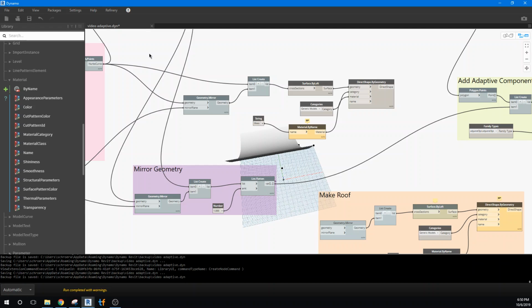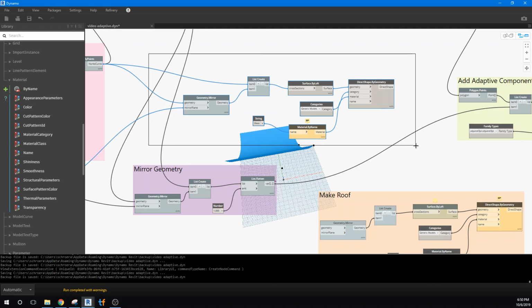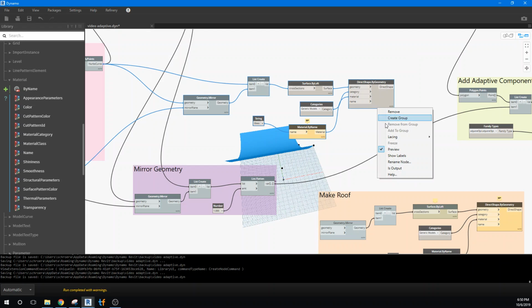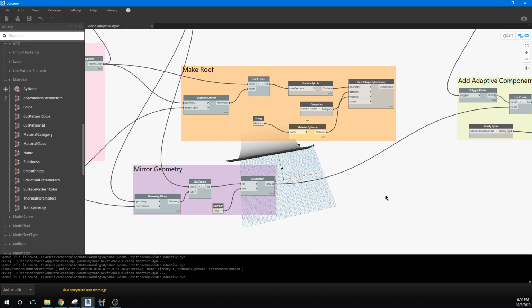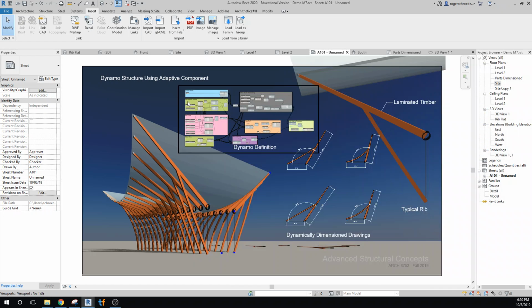But anyway, what I'll do is I'll just group these all together just like we did the other one. Make it basically the same color. Oops, brighter. And we'll call it Make Roof. And then I'll go ahead and delete this one. And we'll go out to Revit, and there we have our glass roof. Now we just have one more issue, and that's how to figure out how to get rid of it in